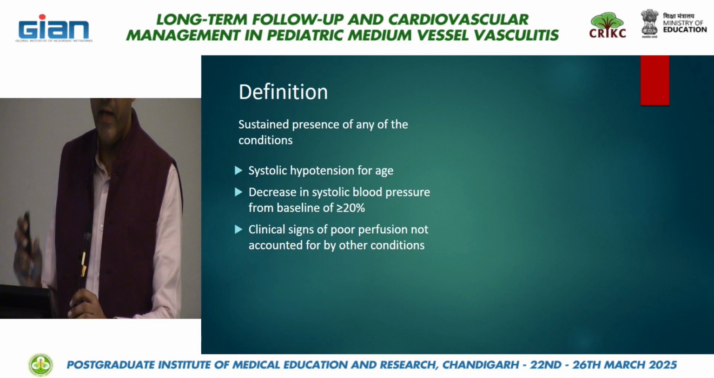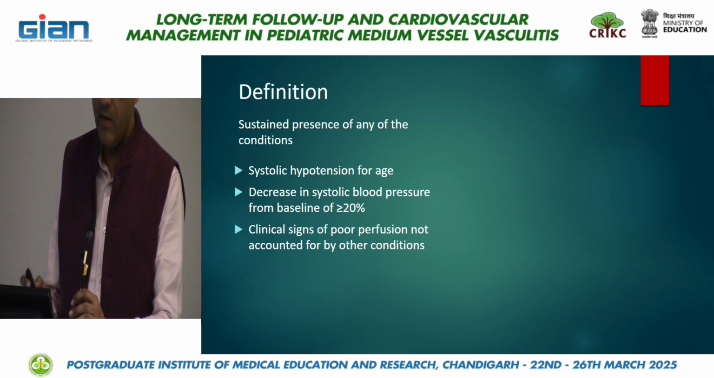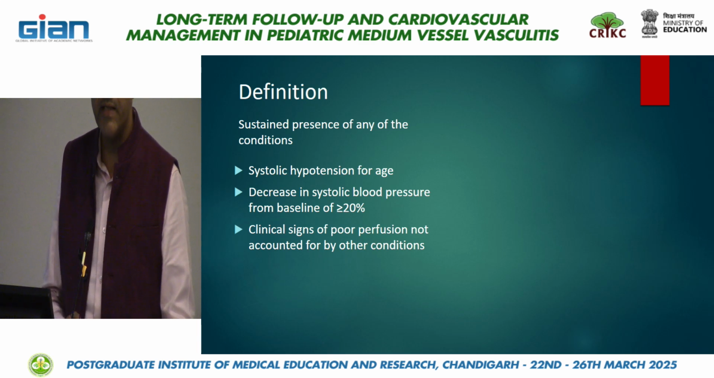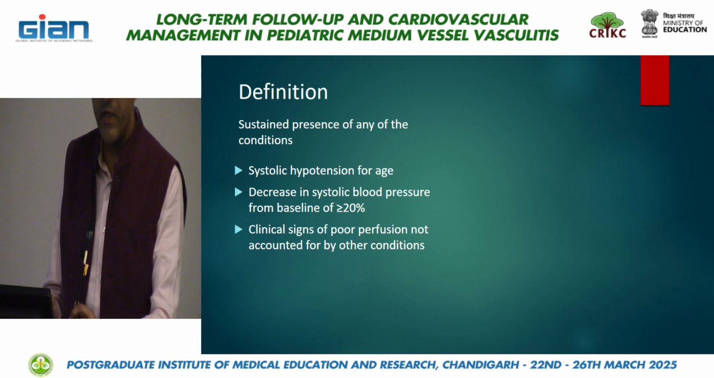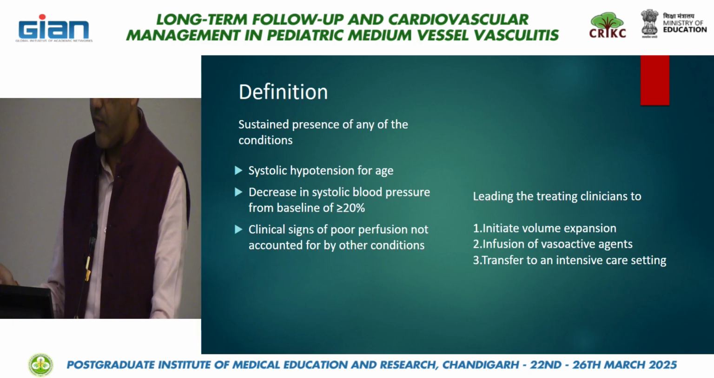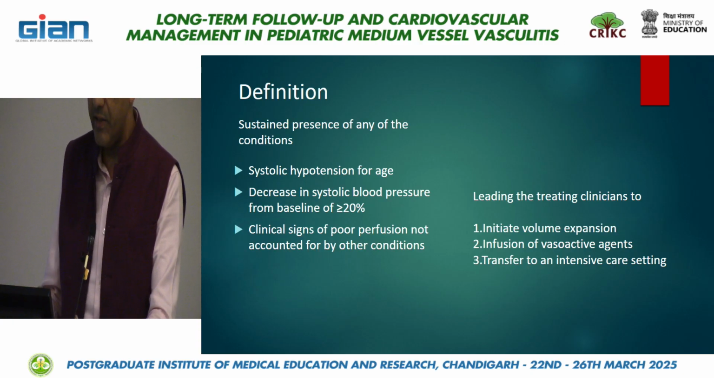So the definition was given by Kanegaye et al. He defined Kawasaki disease shock syndrome as sustained presence of any one of the following conditions: either systolic hypotension for age, a decrease in systolic blood pressure from baseline of more than 20%, or clinical signs of poor perfusion not accounted for by other conditions. All these would require the treating clinician to initiate volume expansion or infuse vasoactive drugs or transfer the patient to